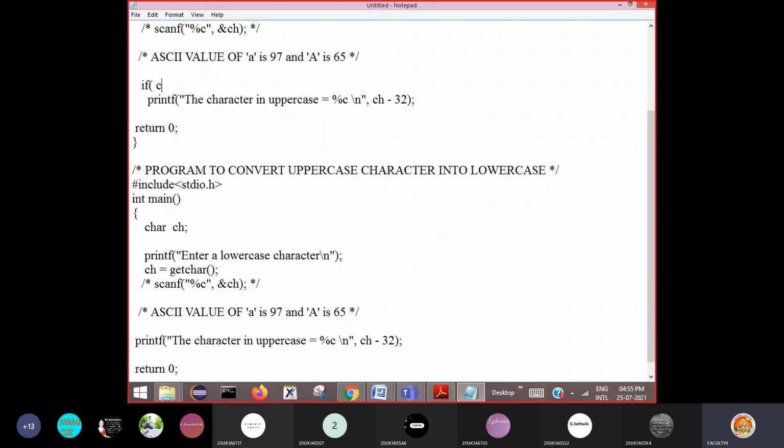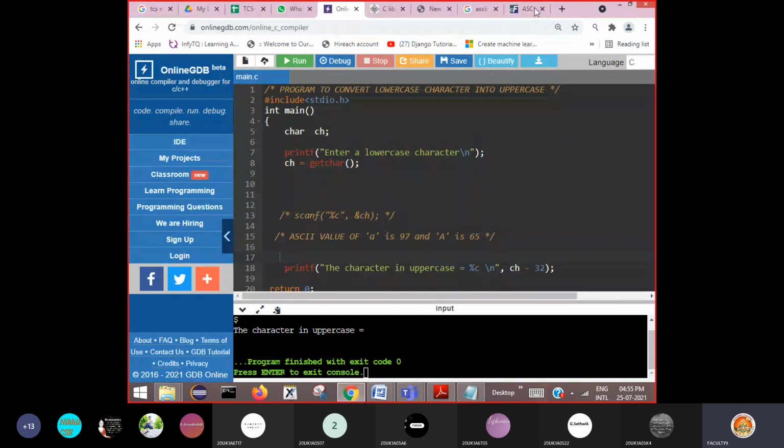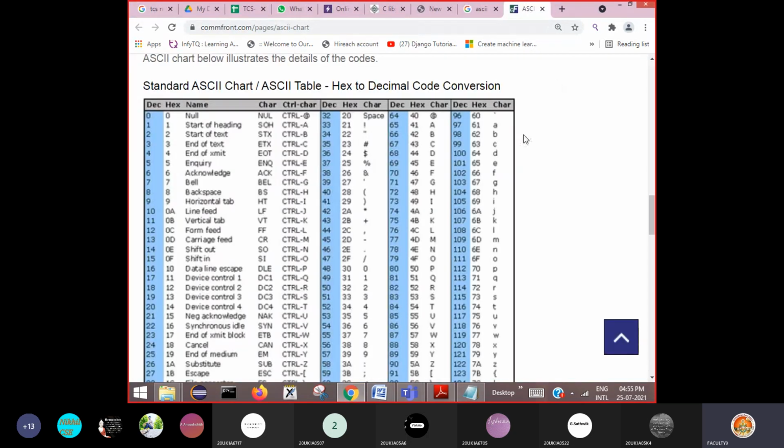If ch is greater than or equal to the lowercase starting value. If you see the ASCII chart, lowercase characters start from 97, and small z is 122.